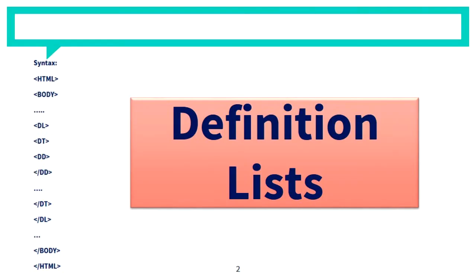The syntax says a definition list is a list of items and explanations of the items, indented in the next tab position. It starts with the DL tag. Each definition starts with the DD tag and the title of the definition starts with the DT tag. You should understand DL is the beginning of the tag, definition is DD and title is DT. So you can see the syntax here. The program starts with HTML followed by body, DL, DT and DD, and at the end the closing tag of body and the closing tag of HTML.